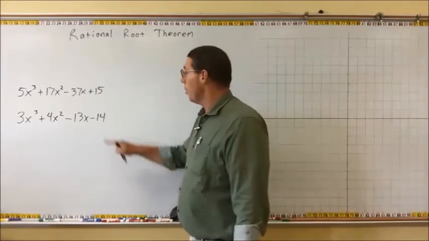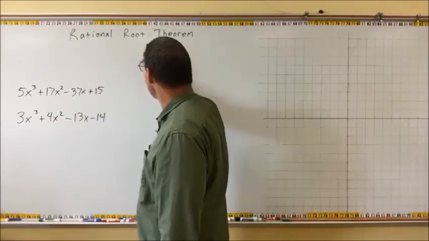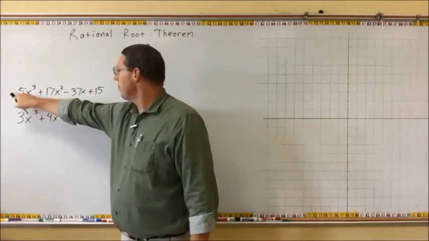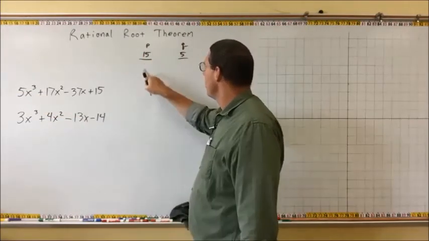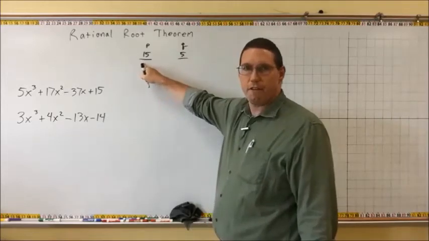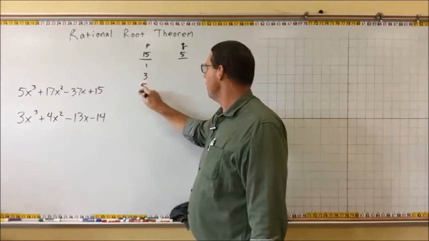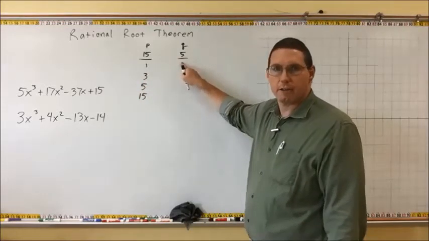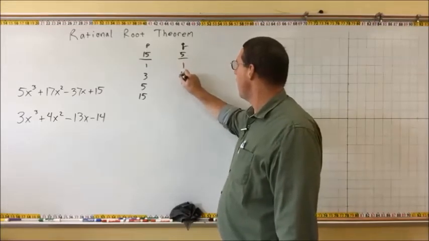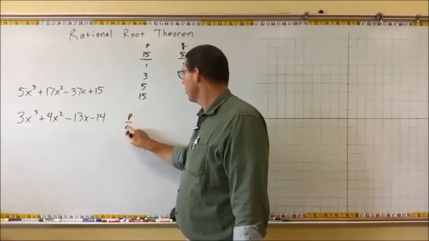All right, so we're going to take 15, the number that's at the end, that's the p's. Those are the ones that go on the top. The number at the beginning, the 5, those are the q's. Those are the numbers that go on the bottom. Well, what are all the factors of 15? 1, 3, 5, and 15. And what are all the factors of 5? Well, just 1 and 5. So, the p's over q's are going to be